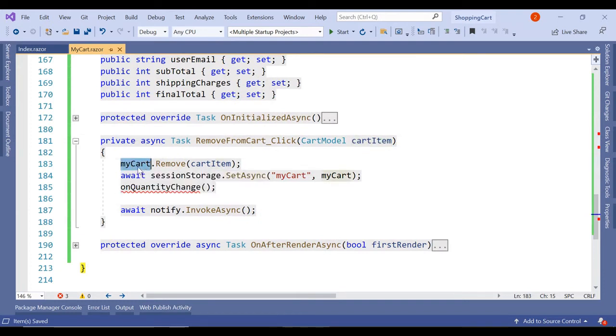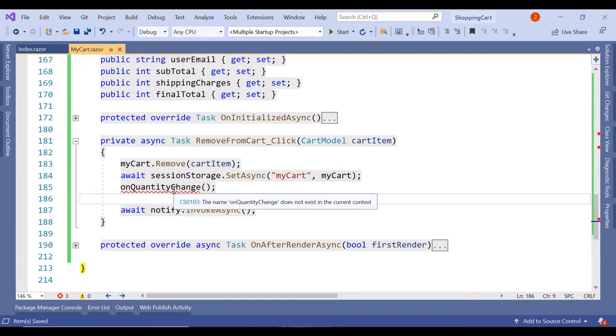Okay, and then whatever my cart is there, we are assigning it again in the session, and then we are informing the admin, the main layout page, by invoking this notify event callback, so that the counter again gets updated, because this my cart is a child page and that shopping cart icon is on the main layout page.